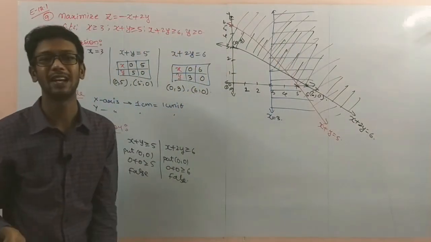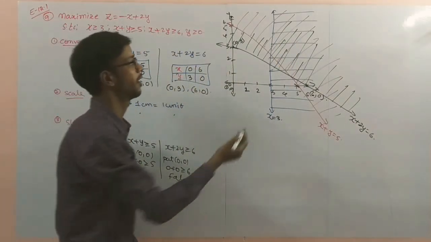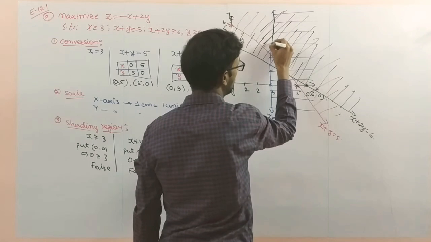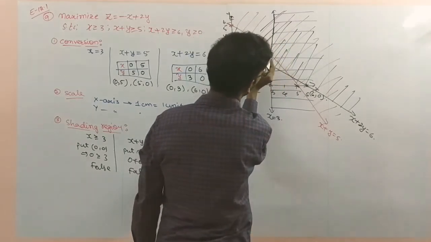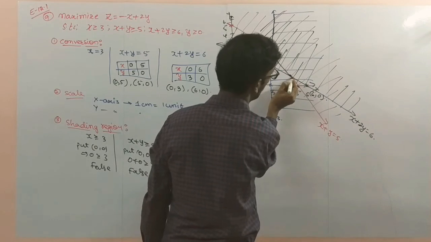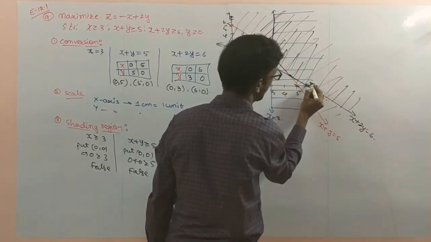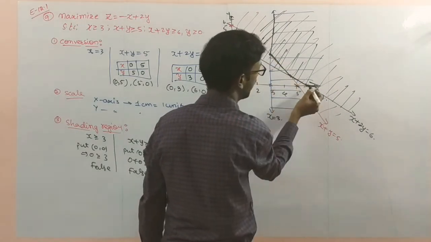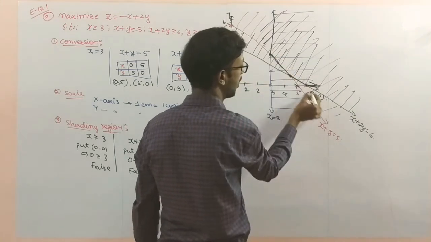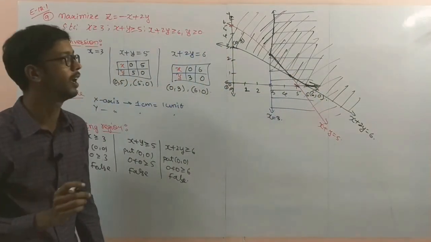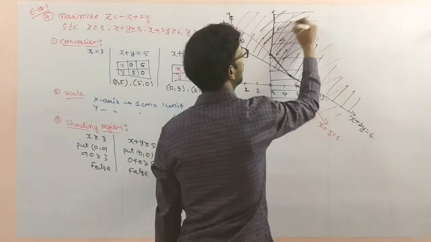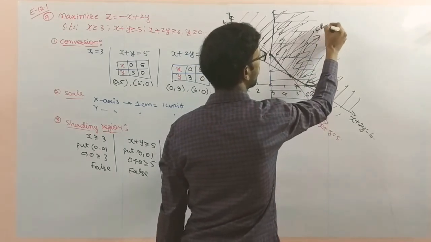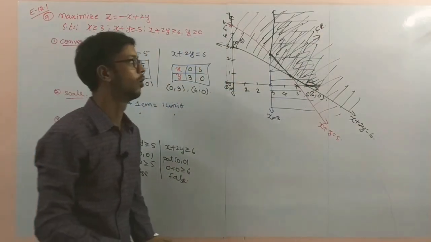Now you can see the common region where the blue, black and red lines meet. If you extend this one also, it continues. So the shading region is the common region from here, and upside of this line, up to here, and y greater than or equal to 0 is the continuation. So this is the boundary line. These three points are the corner points. This total is the feasible region.